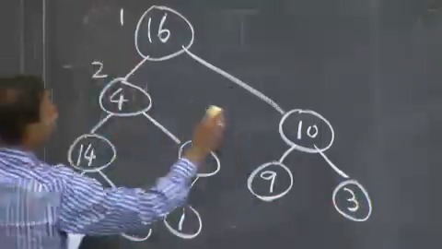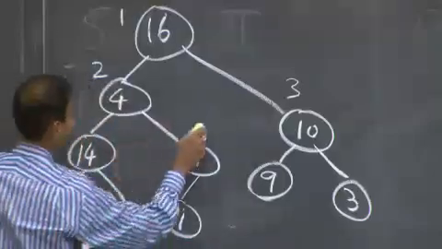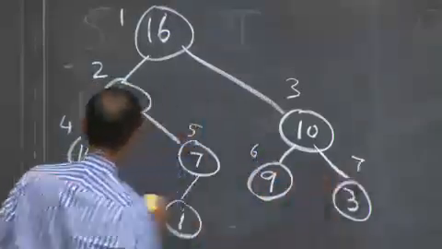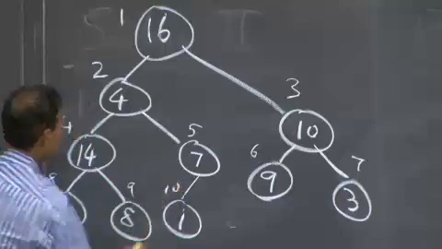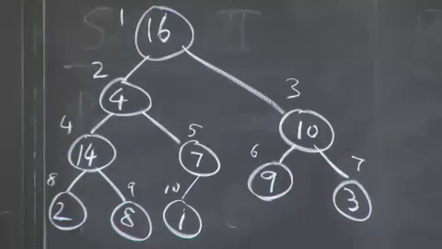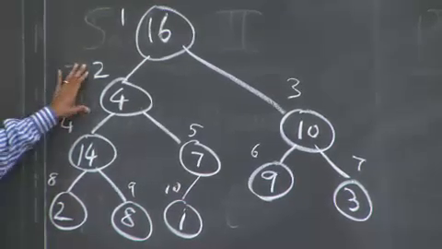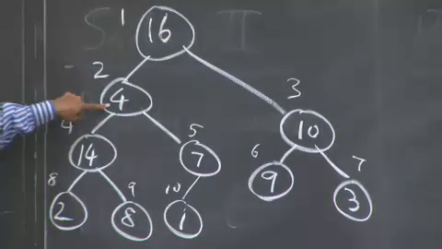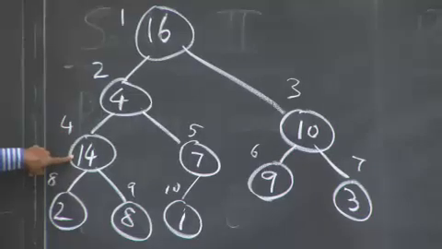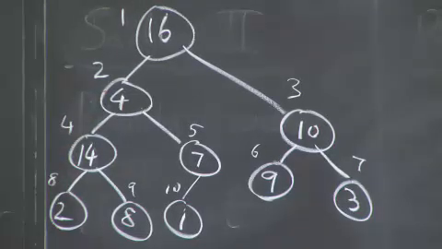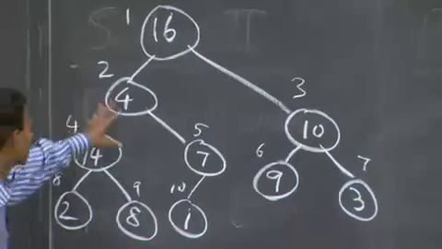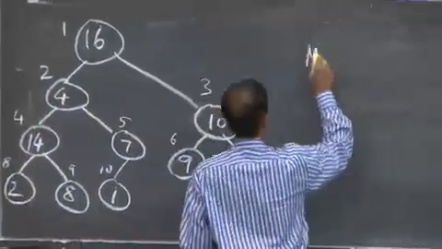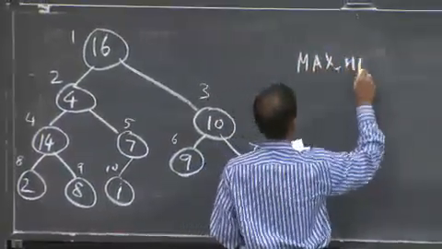And I'm just going to draw the indices for this first example, and then I won't bother. So there you go. Is this a max heap? No, because right here I've got a problem. 4 is less than 14, therefore I have a violation. Right? And so if you look at the call max heapify